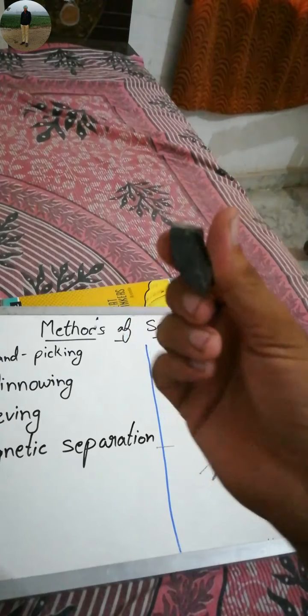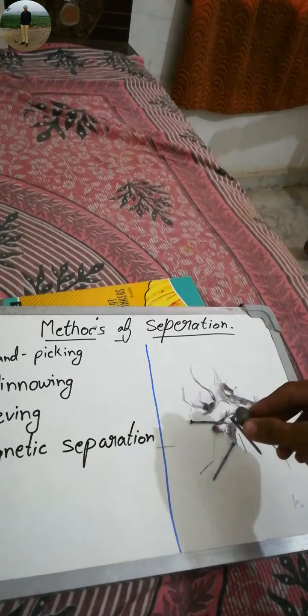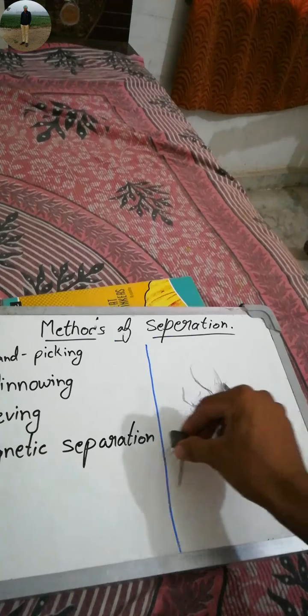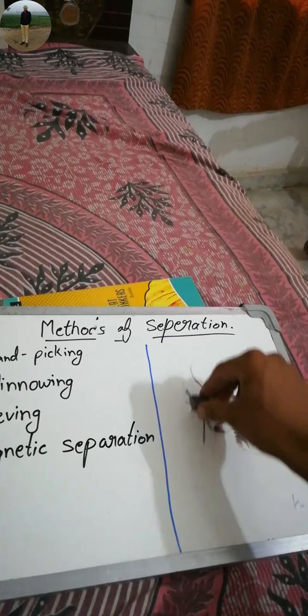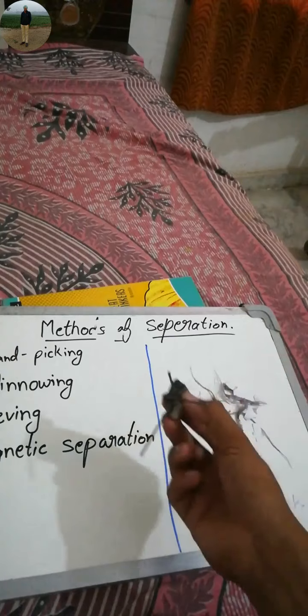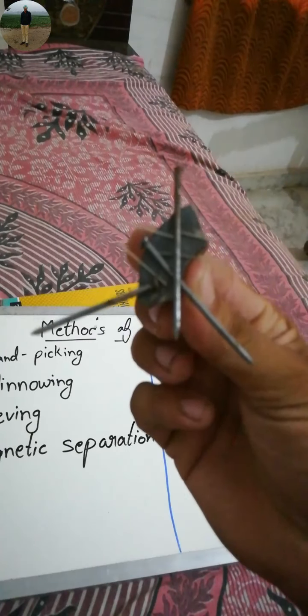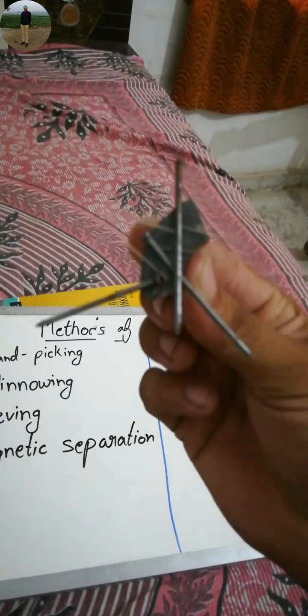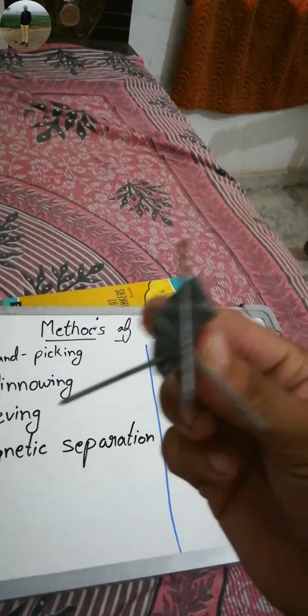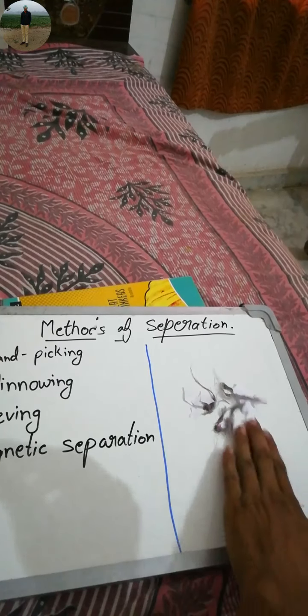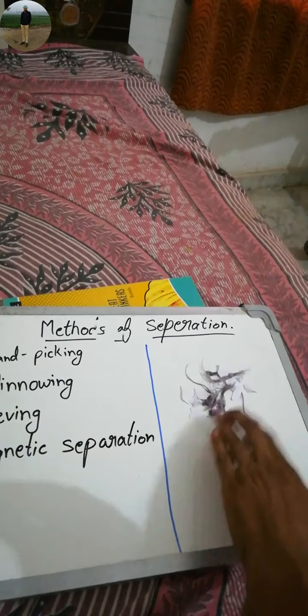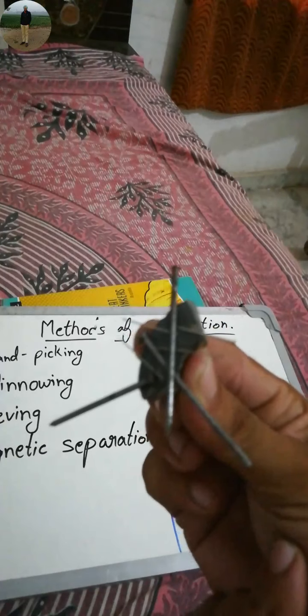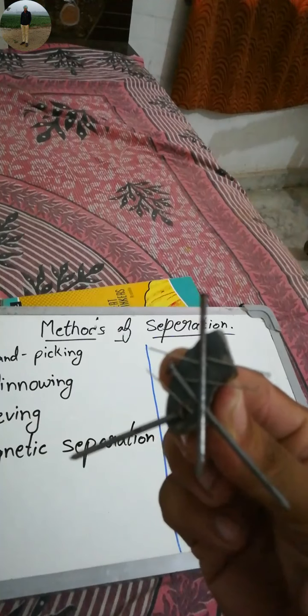Now I am also having a small magnet here and I am gonna use it to separate the iron from the mixture. You can also perform this at home. Now you can see the magnet attracts the iron, so my mixture got separated. Only the cloth and paper are left and all the iron pieces are attracted by the magnet.